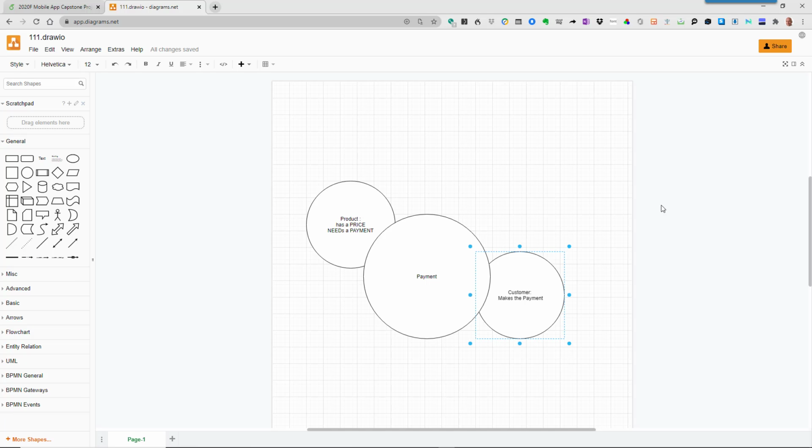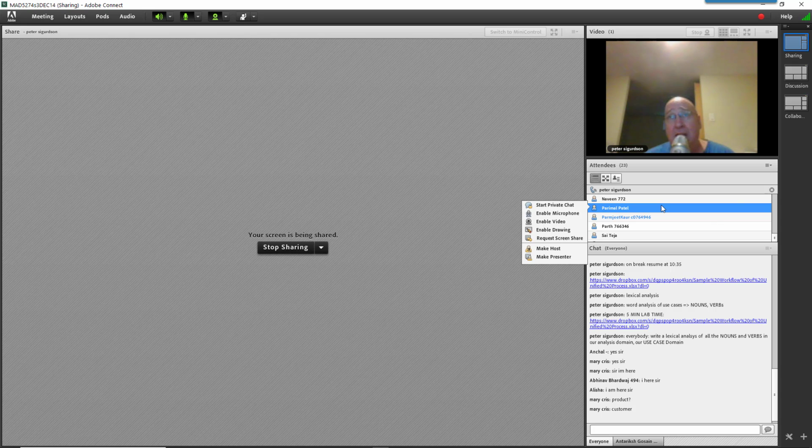So a product has a price and needs a payment. And by the way, guys and ladies, if you follow along with me, I know it might seem a little bit tedious and painstaking, but if you go to law school, this would be your life. For 4 years, you would be arguing and writing papers and doing practice trials, arguing about the most obscure and subtle meanings of words. And the best lawyers are the best lawyers because they can take a common word